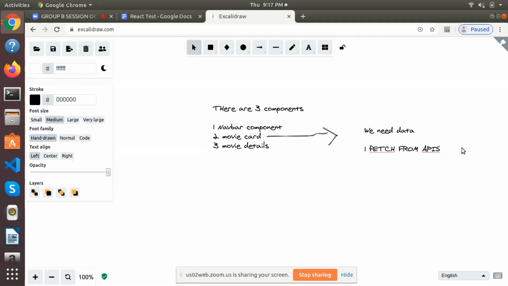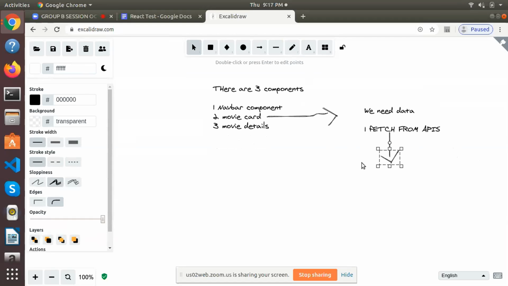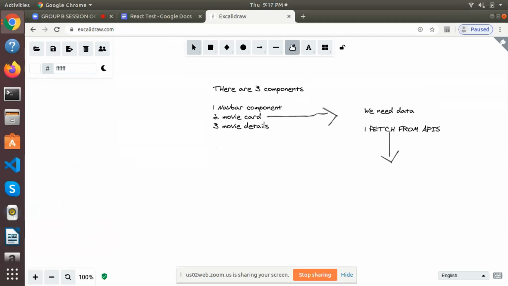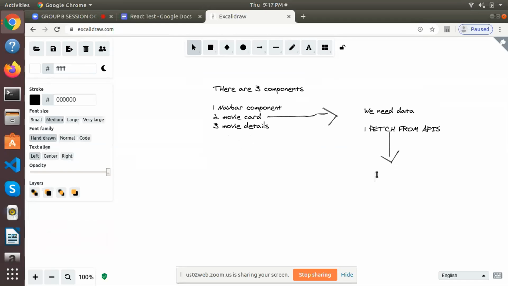Now, to store the data from the API, you can think that I'm going to fetch it from the API, but for that I need to store it inside my component state, right? So you will figure out that you need a movies array in your state. Guys, if anyone has any doubt at any step, just stop me and ask, because this is important.